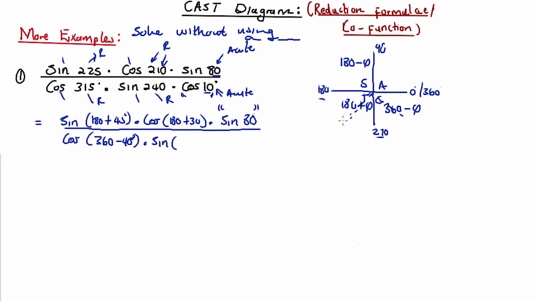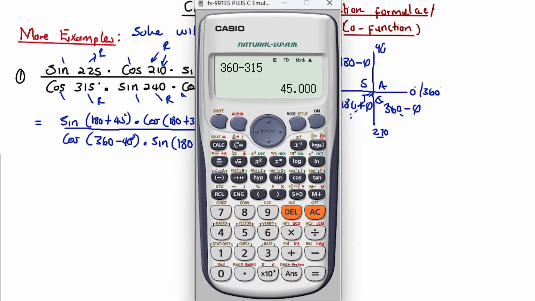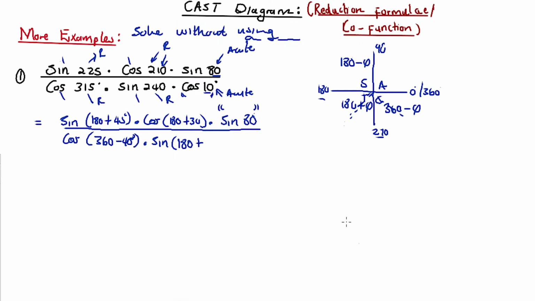Where is this found? In the third quadrant, so it's going to be 180 plus 60, if I'm not mistaken. 240 minus 180 is 60 degrees. So it's 180 plus 60 degrees multiplied by